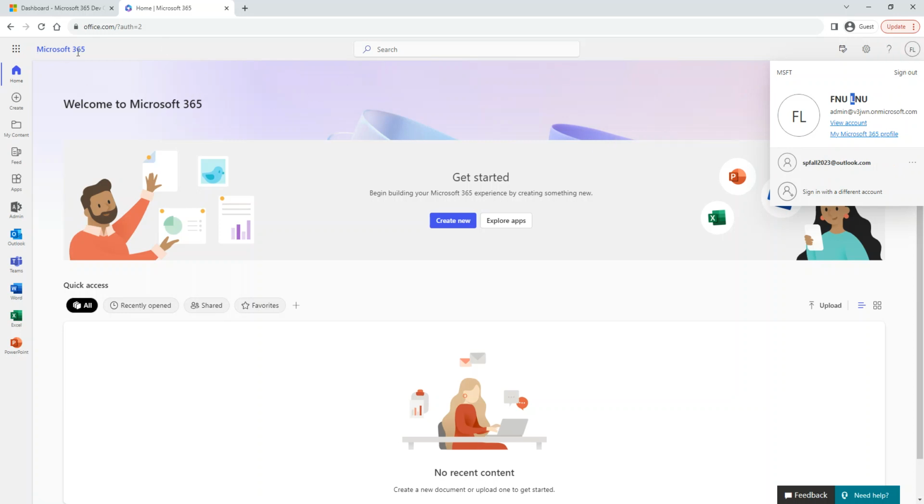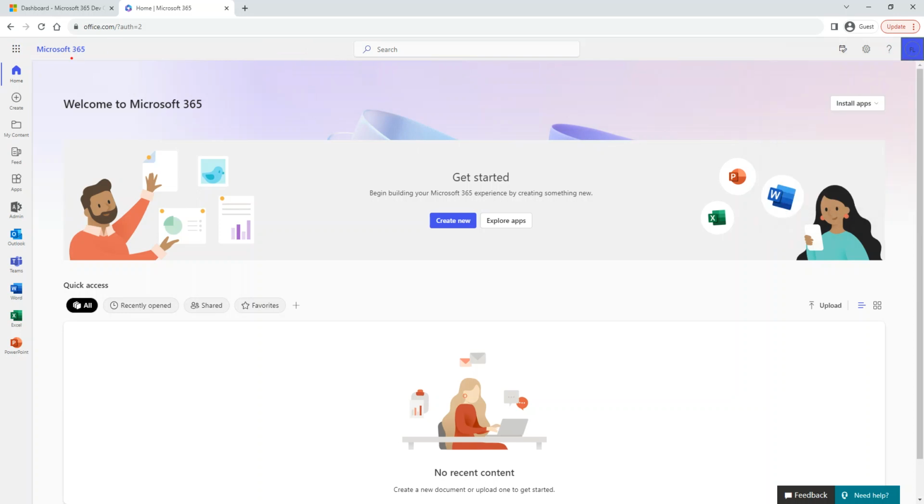All the way to the left here, we have a waffle menu, and then on the left we have the Office 365 suite bar. It has Home. It says Create. And then it says My Content with the folder icon. It says My Feed, and then all of your apps. Because the account that we use to log into the system is an admin, it has an admin icon right here, and then all of the emails, because this user has an email.